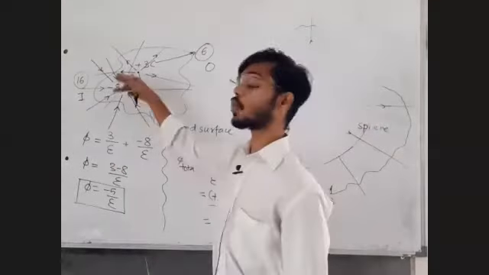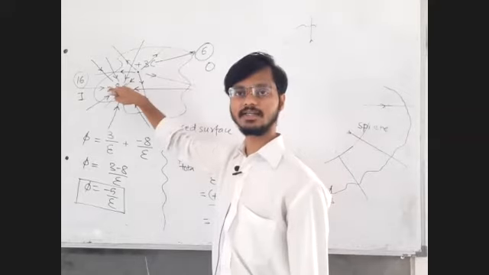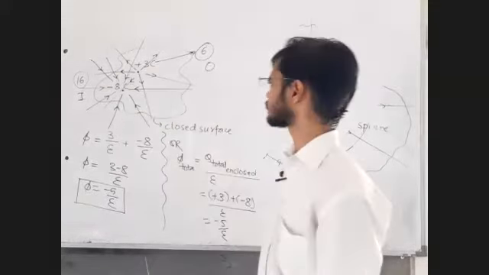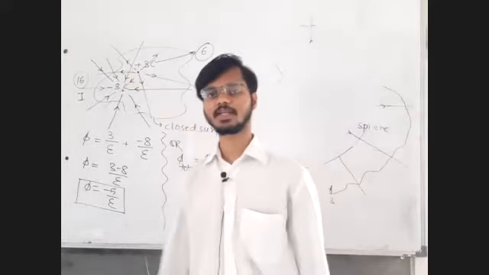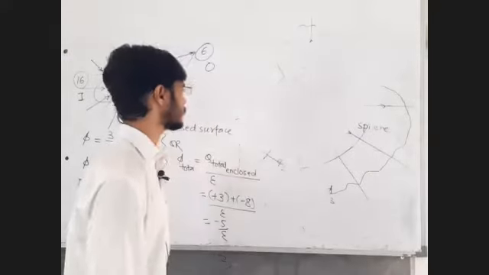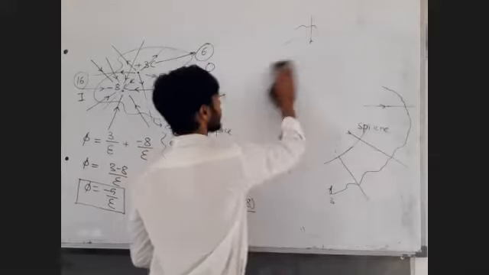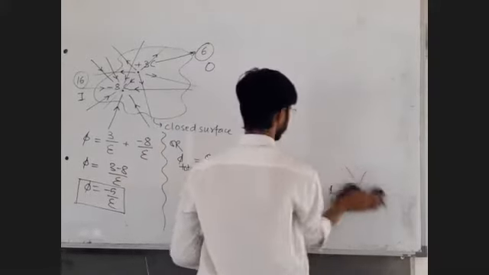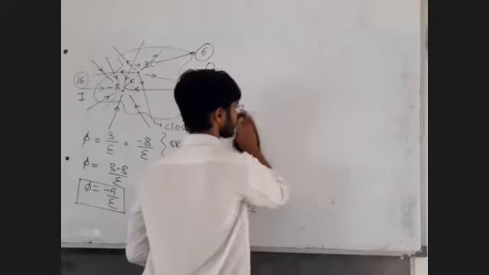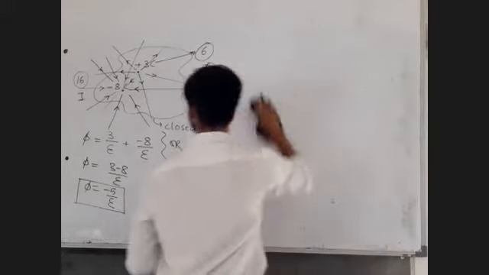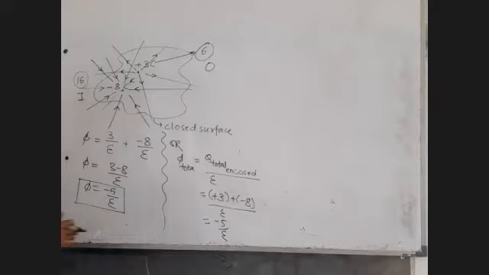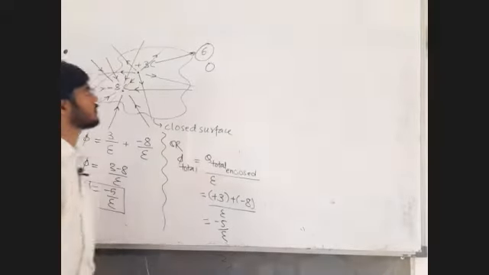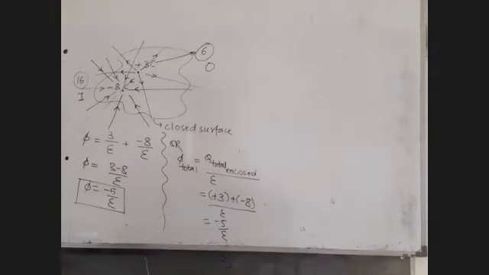Number of lines originating or terminating on the given charge are proportional to charge. More charge, more lines. One example of direct proportion we have already solved. A charge Q gives 10 lines, then charge 2Q will give you how many lines? 20 lines. Charge double, lines double, because number of lines or flux are directly proportional to charge. Yes. What is the formula of flux? Charge upon epsilon. Flux are proportional to charge. But make sure that the charge is enclosed by the surface.